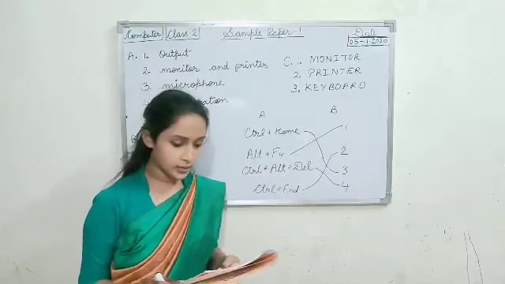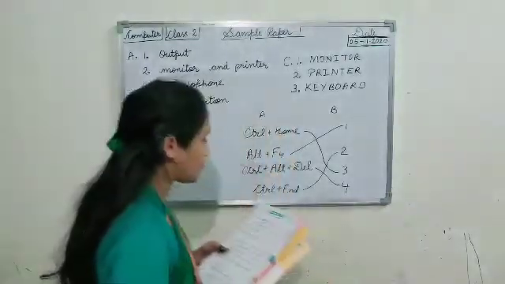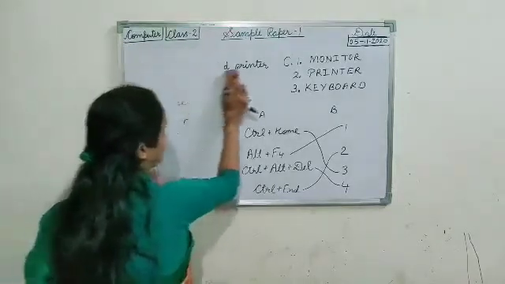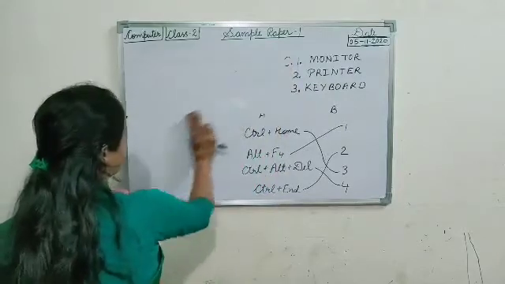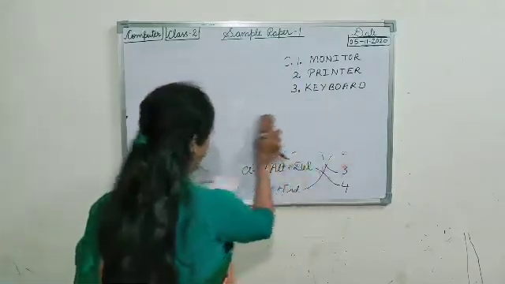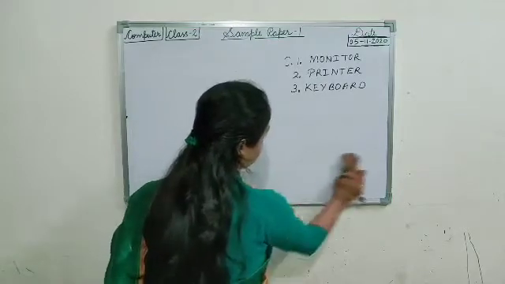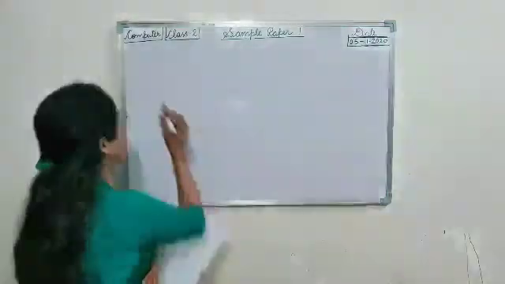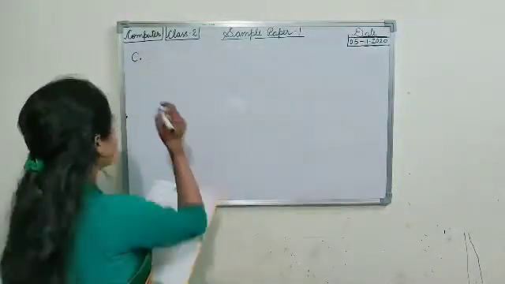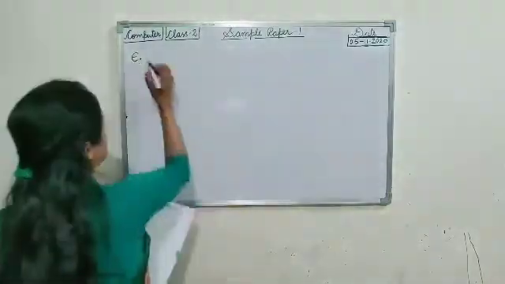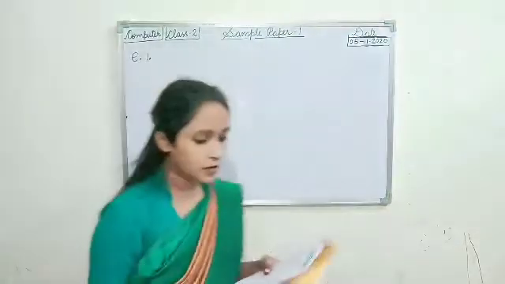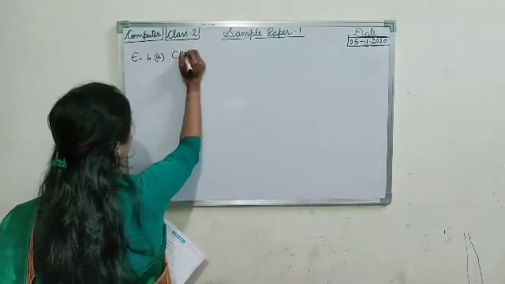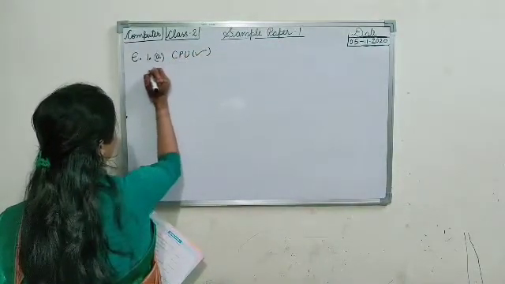Next, choose the right answer. Which part of a computer works like the human brain? I taught you CPU is the brain of a computer, and the CPU works like the human brain. Which option is correct? Three options are given: CPU, keyboard and mouse. E, choose the right answer. First, which part of a computer works like the human brain? Option A is correct, CPU. All of you tick it in your book.